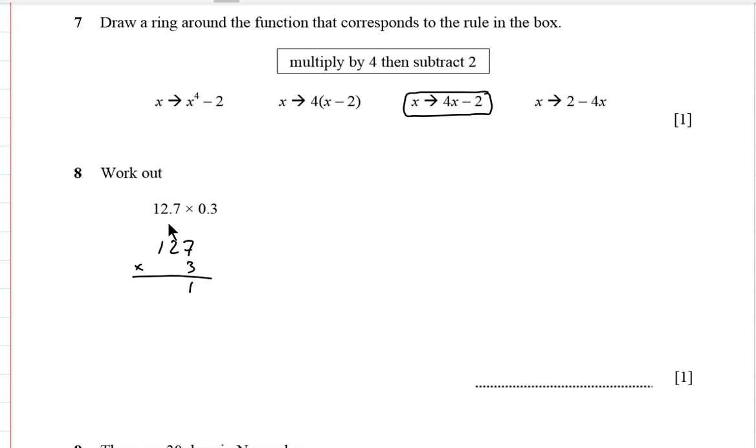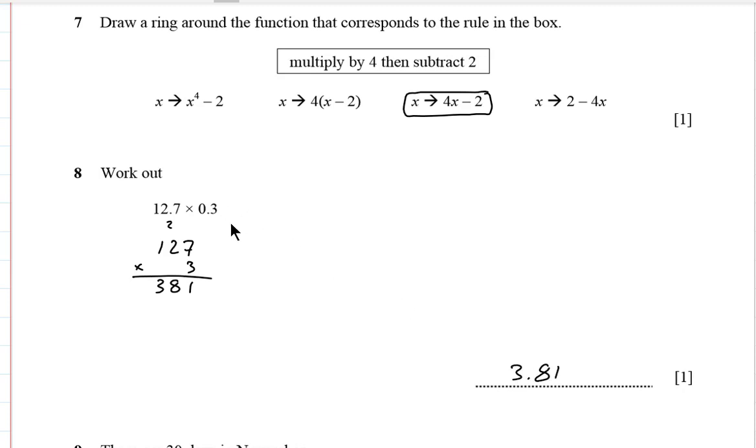7 times 3 is 21. You can put 1 here and carry up 2. 3 times 2 is 6. 6 plus 2 is 8. And then 3 times 1 is 3. So the answer is 381, but we should divide it by 100, or we can move the decimal 2 places to the left. So the answer should be